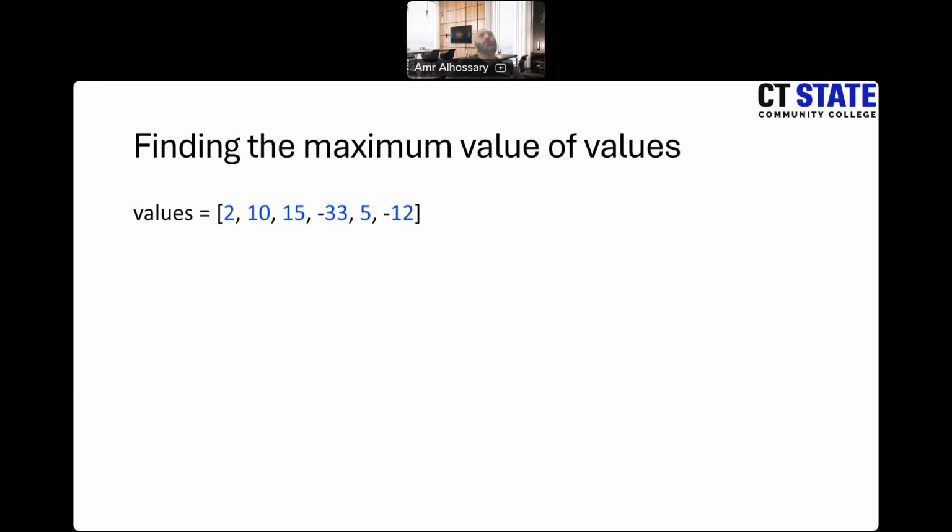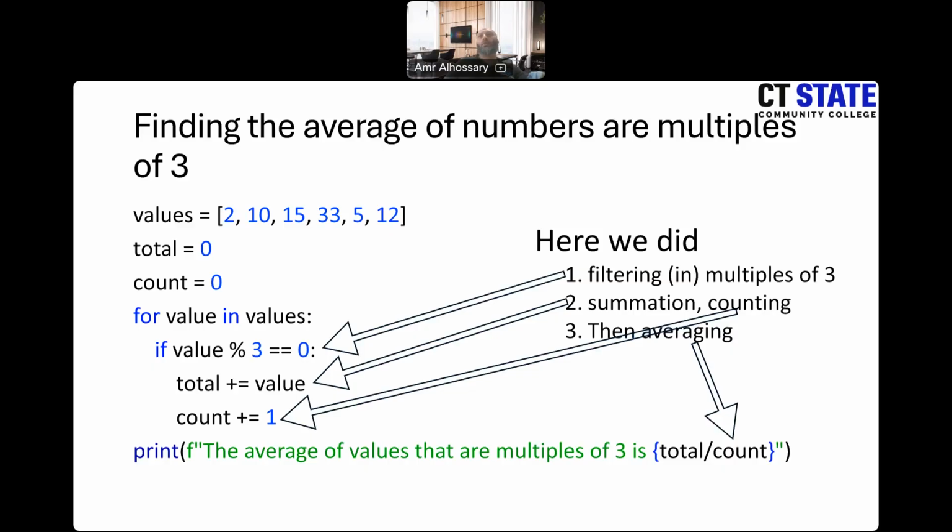Now let's find a value and keep going with it until the end. So we want to find the maximum value of all values, the same values here. When we wanted to sum or get the average,